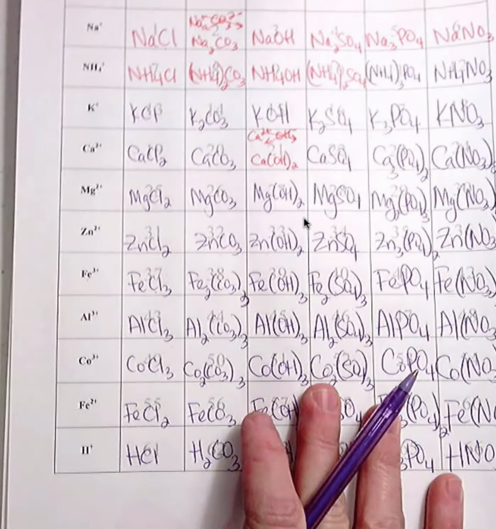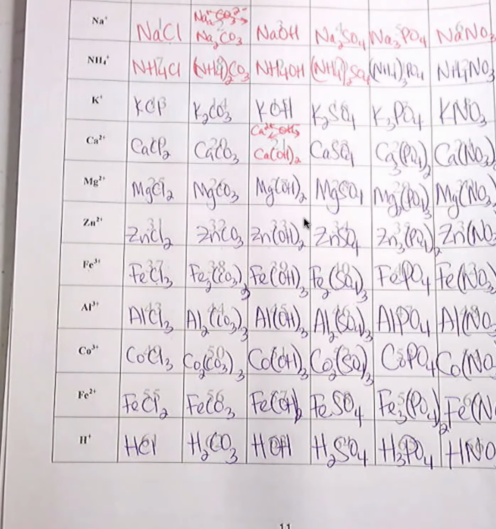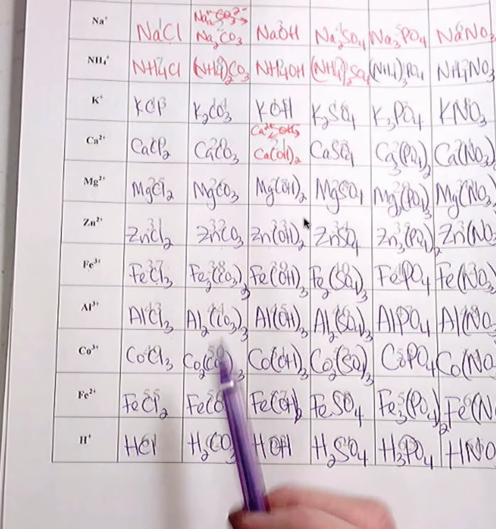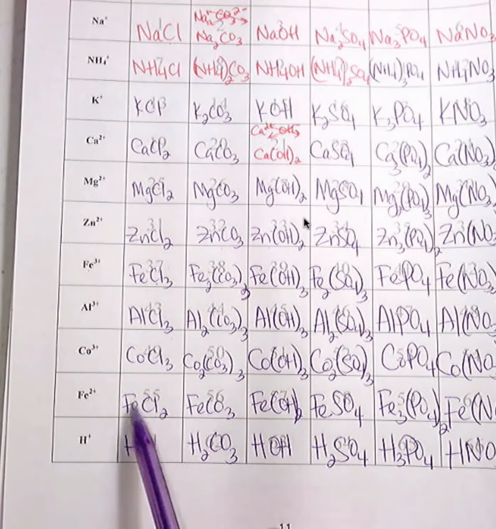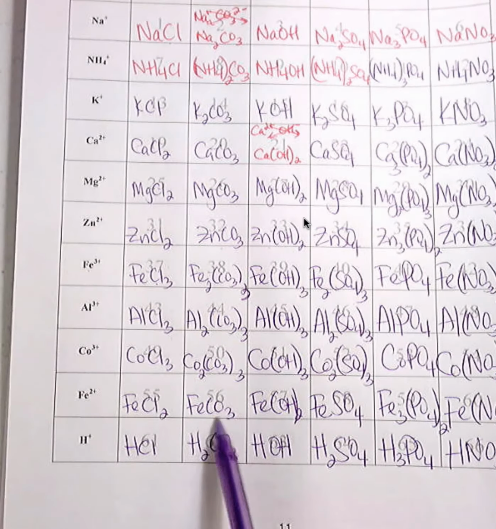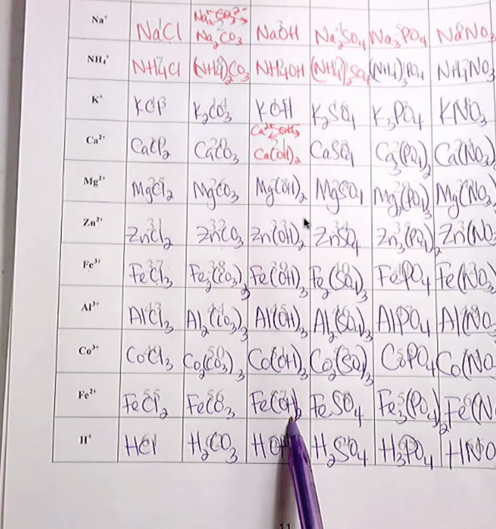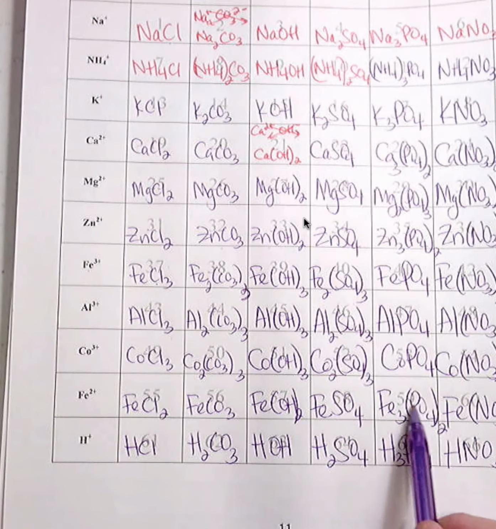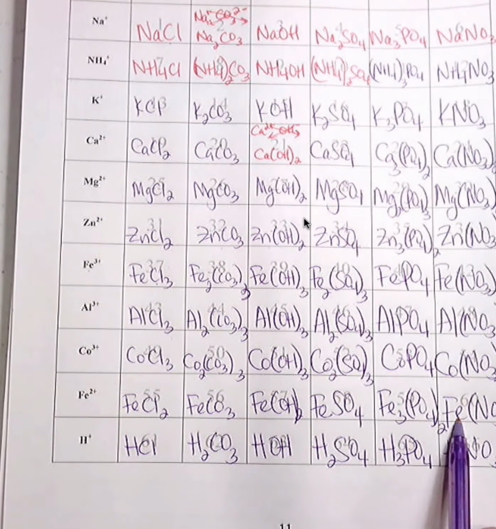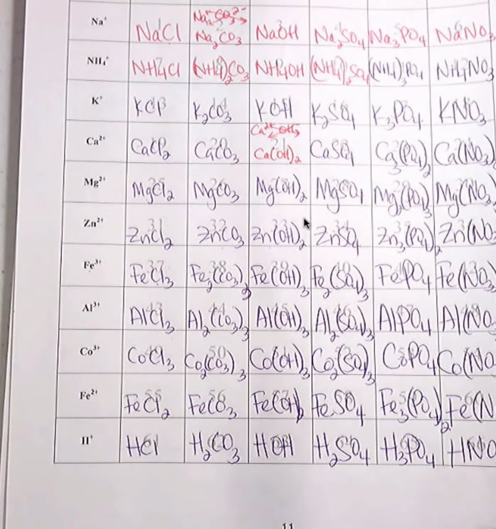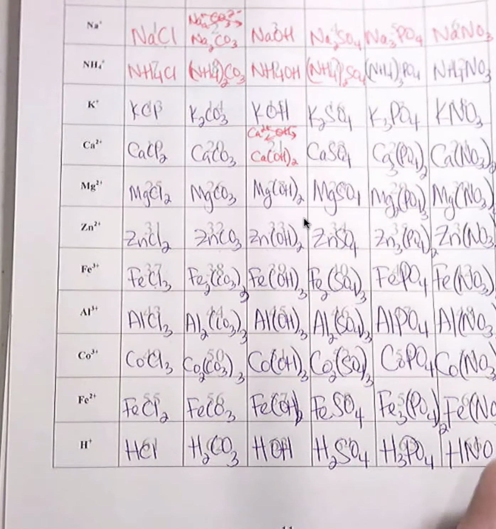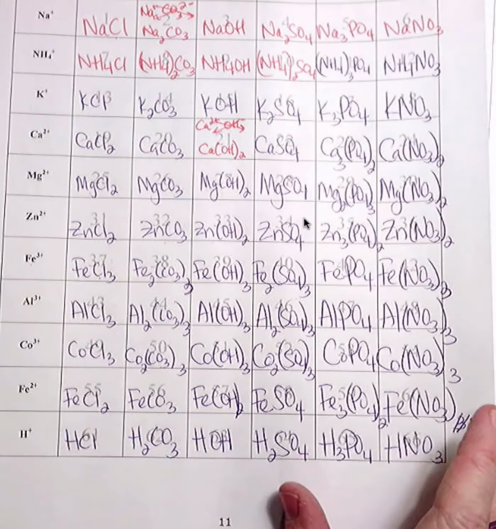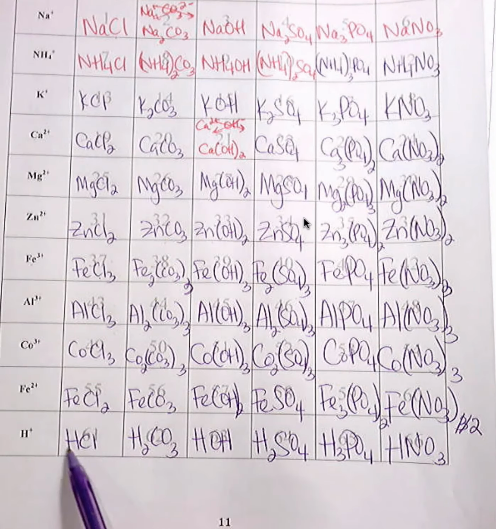Iron 2 is a transition metal. It can have more than one charge. Therefore, you need to have a Roman numeral. 55 iron 2 chloride. 56 iron 2 carbonate. 57 iron 2 hydroxide. 58 iron 2 sulfate. 59 iron 2 phosphate. 60 iron 2 nitrate. Fix that one too, so that should be 2. 61